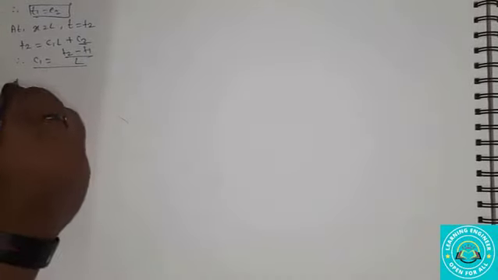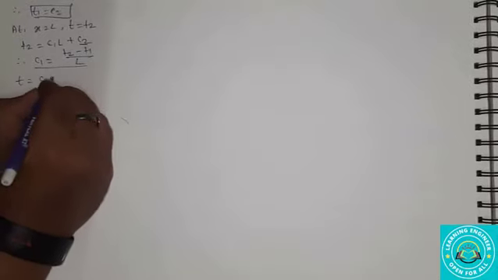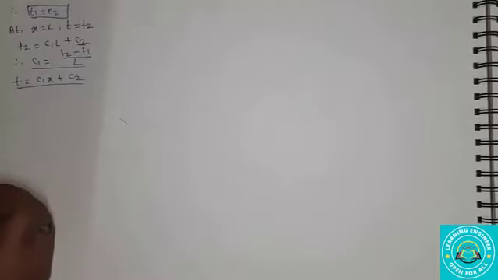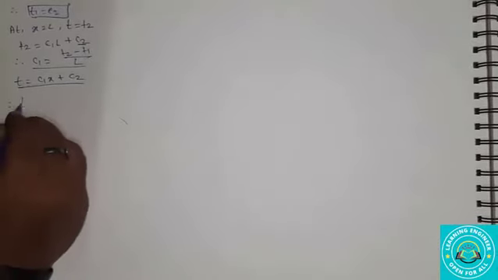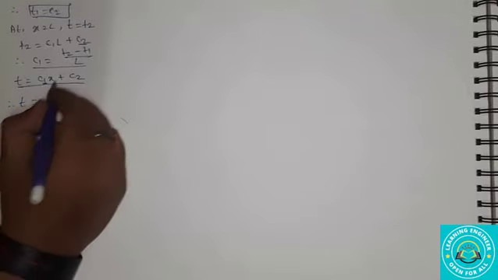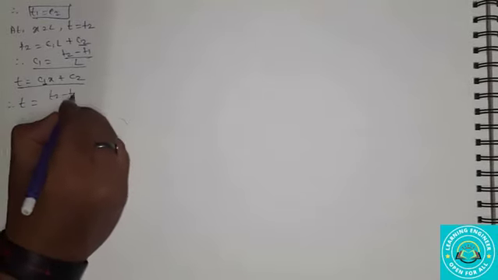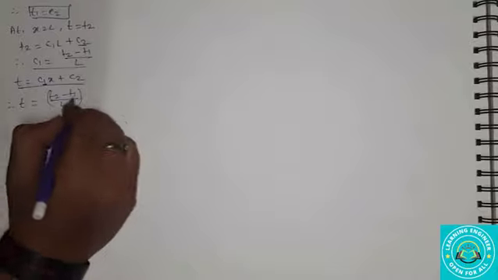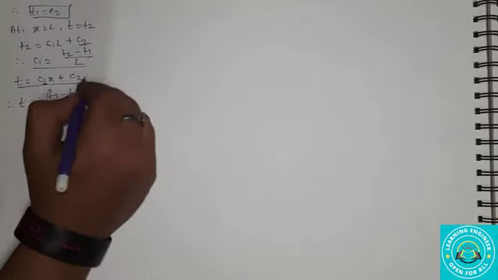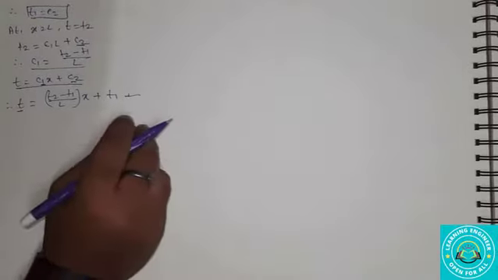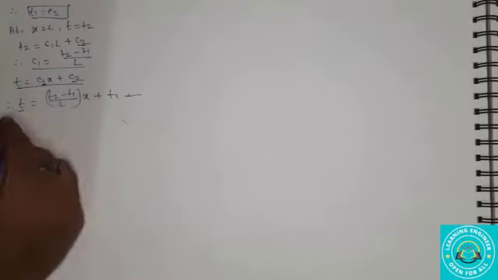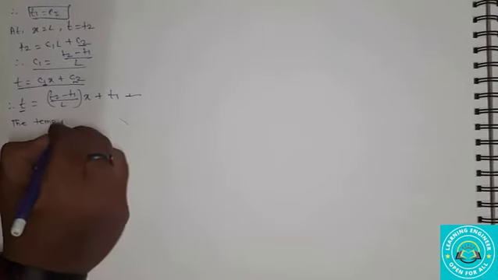The main equation is t is equals to C1 x plus C2. This is my main equation जब मैंने इसको डेरिवेट किया था. Therefore it becomes t is equals to, what is the value of C1? T2 minus T1 upon L into x plus C2 is equals to T1. So from this equation we can say that the temperature